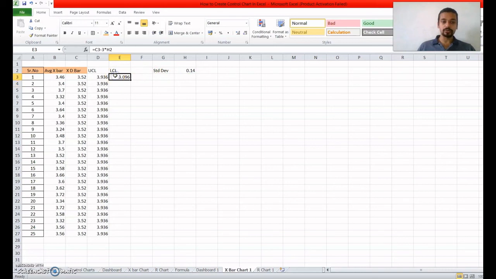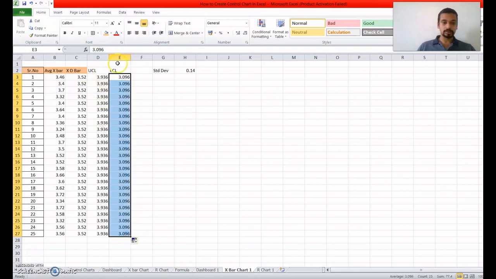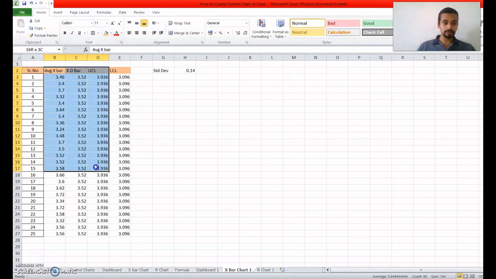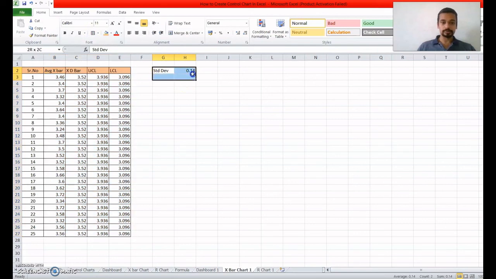So here is our value for the lower control limit. So you can again copy and paste, and drag this value till the end here. Okay, so we get x double bar, which is the center line, UCL, upper control limit, and lower control limit,